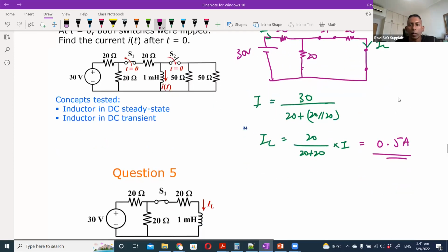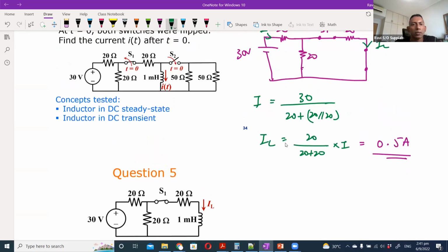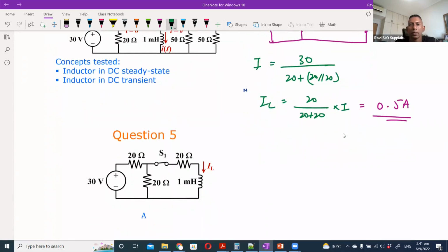Now, what happens after I flip the switches? So once I flip the switches, this part of the circuit, 20 ohm, 20 ohm, 20 ohm, I can ignore because it is already an open circuit there. And whatever current is flowing through the inductor is only going to go through the 50 ohm and 50 ohm resistors. So if I were to draw the circuit,